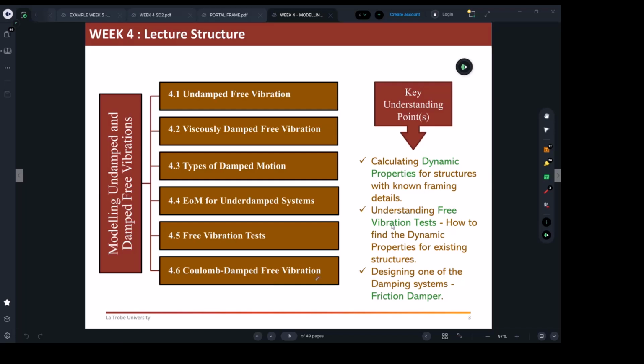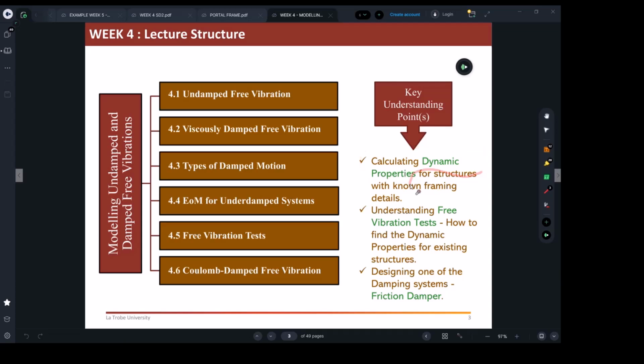So this is what we're doing today, and the key understanding points, dynamic properties, pay attention to it. You will practice it in examples. Free vibration tests, very useful, real practical tests engineers do for buildings and structures to determine those properties, because you